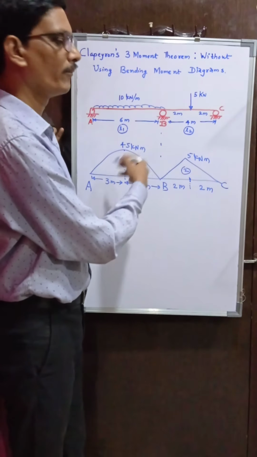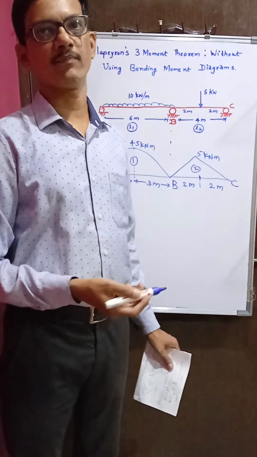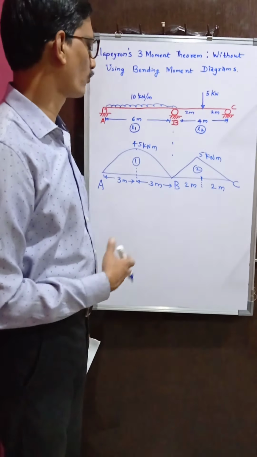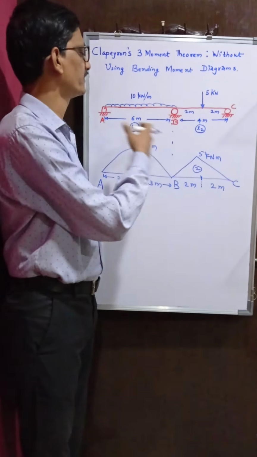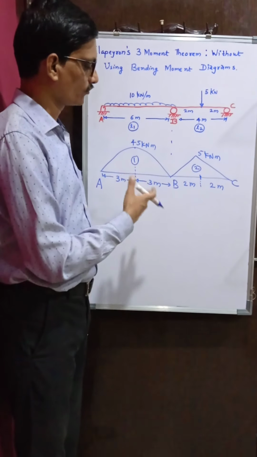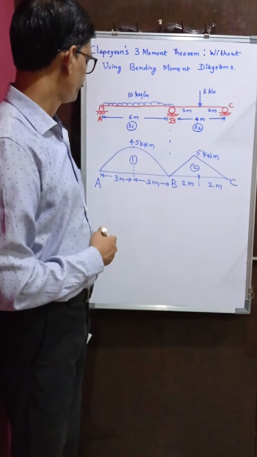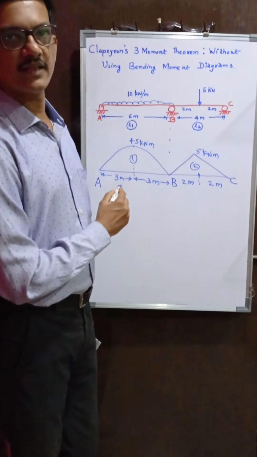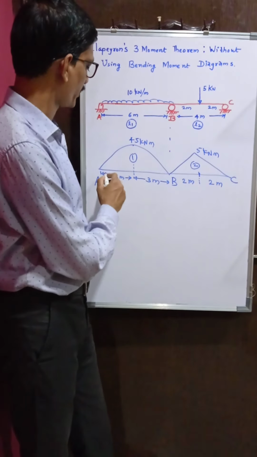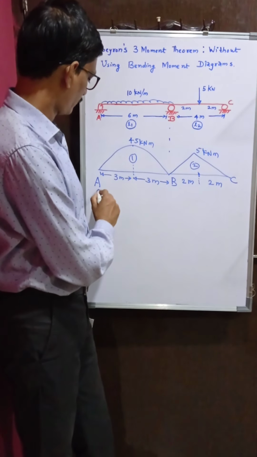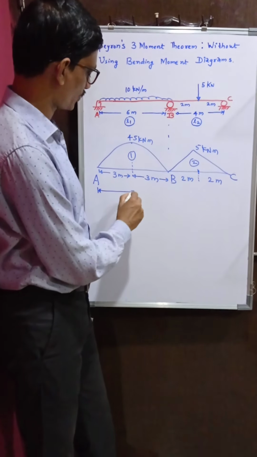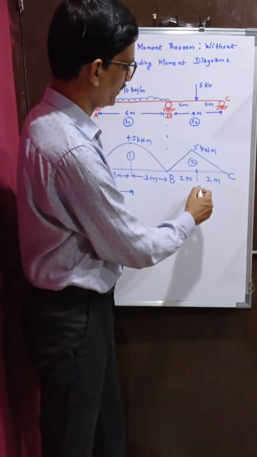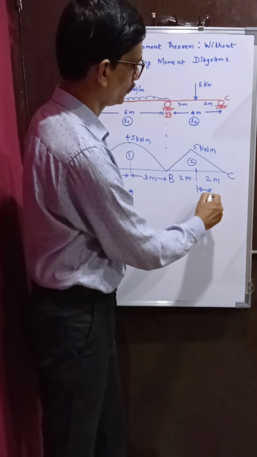Now this is called the Mu diagram or free bending moment diagram. That means I am considering AB and BC as separate simply supported spans. Of course, imaginarily they are not separate spans. It is a continuous beam only, but just for this approach. Now what is A1 and what is X1 bar? X1 bar is nothing but the distance of the centroid of figure number 1 from the extreme left point, that is A. So this is X1 bar. Similarly, X2 bar is nothing but the centroid of figure number 2 from C.